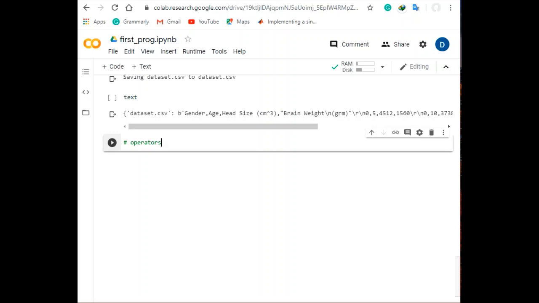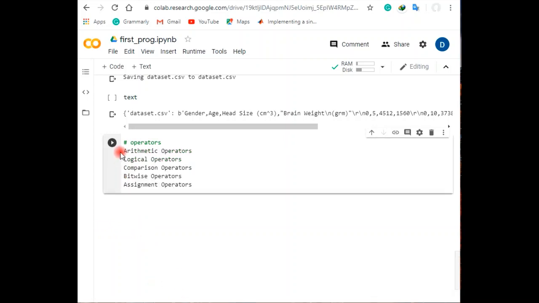So start with the operators. First of all, how many kinds of operators do we have in Python? Let's begin. We have a number of operators. First is the arithmetic operator, second is the logical operator, third is the comparison operator, fourth is the bitwise operator, and sixth is the assignment operator.